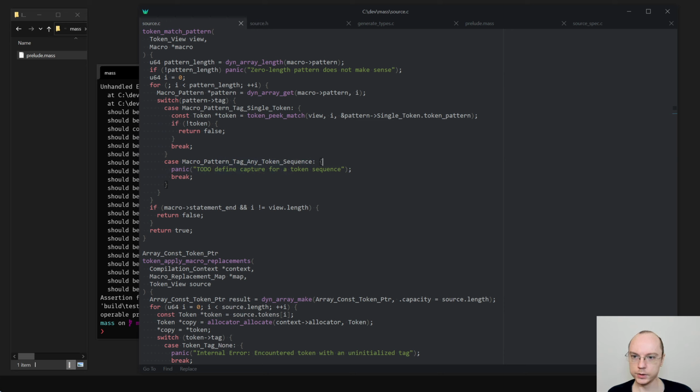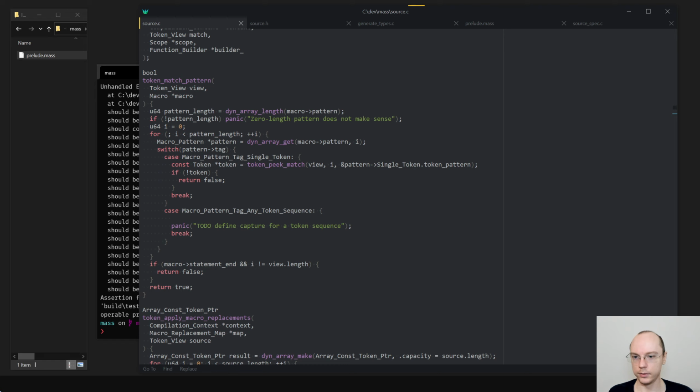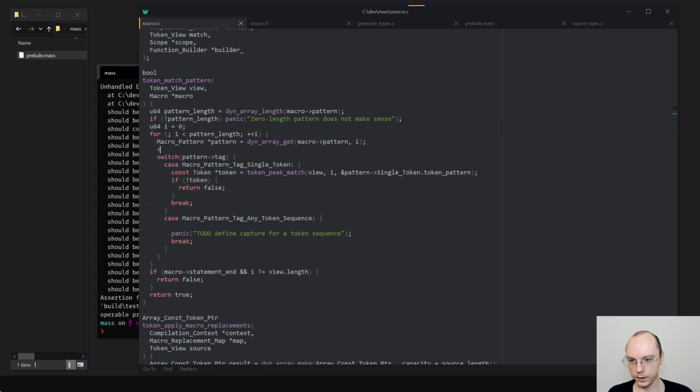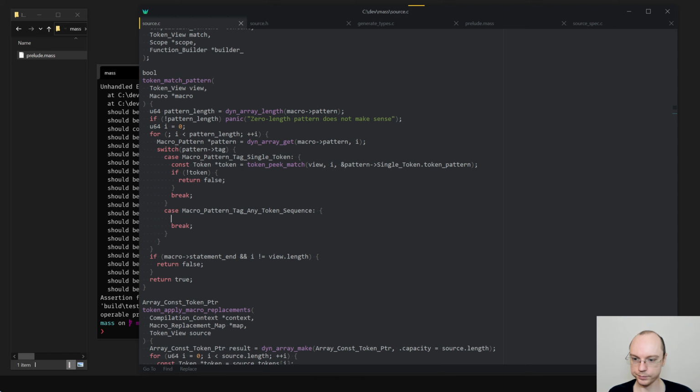What I want to do is say that macro single token. Well, okay, let's do sort of TDD, and actually I will make the test pass first. I don't do it all the time, but sometimes it's a good practice.